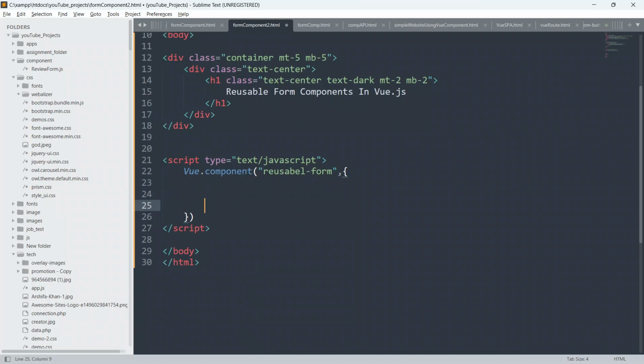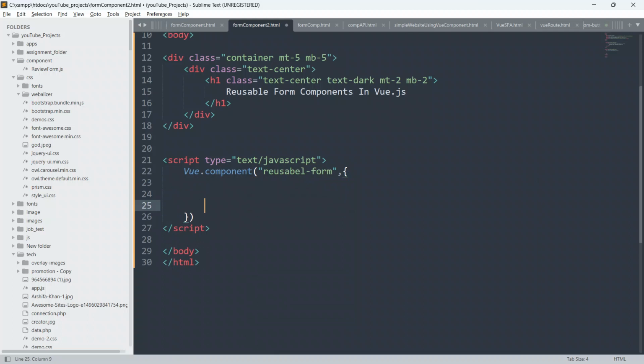You are free to define your template, your custom functions, your custom methods, your arrays, your objects, you can define computed methods also, any kind of function inside the components, because this is a separate code and we can call it anywhere in our application. That's why you are free to define anything inside the components. Because this is a separate code, it will be separated from your entire application.